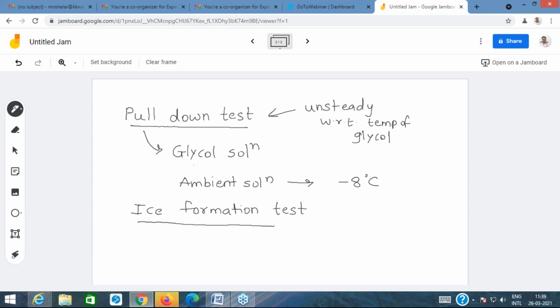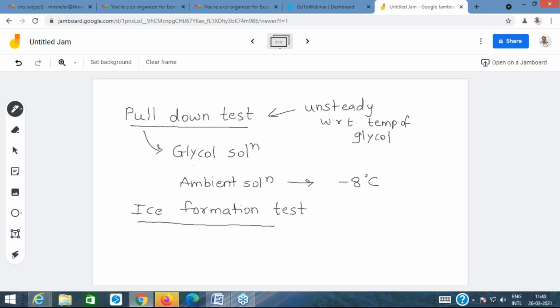In ice factories, you would actually have the ice factory operating in shifts, and you don't require to pull down the temperature always. So the most common operational thing in an ice plant is the ice formation test, and that performance is more important. The pull down test is done if you had shut down the ice factory for days together and the glycol temperature has reached the ambient. So the performance of the pull down test would be different from the performance during the ice formation test.